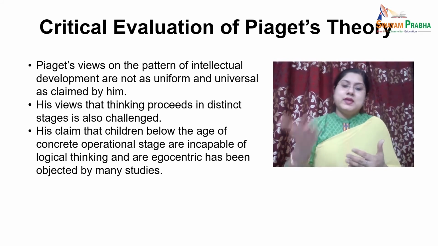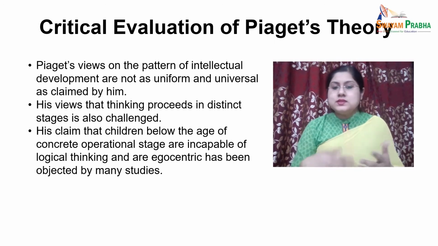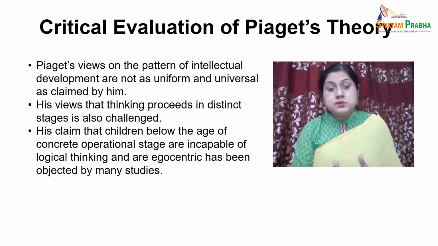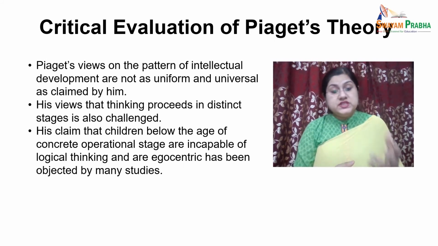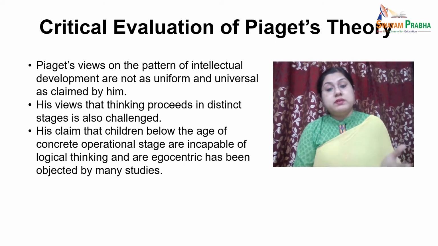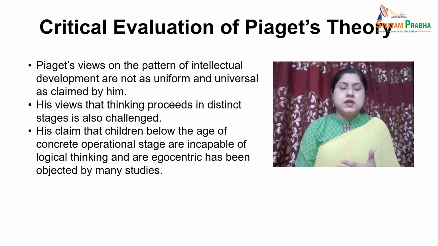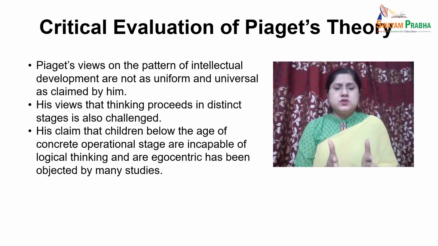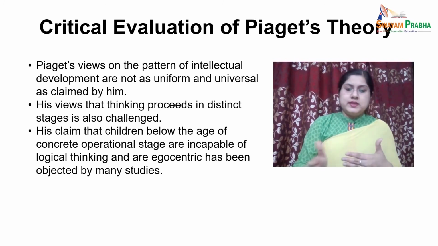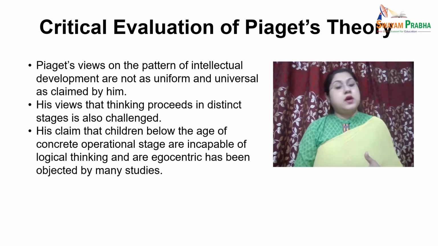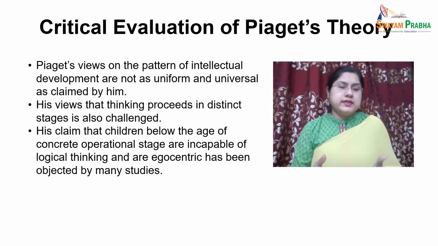So how can we make a generalization? In subsequent researches in Europe and outside, researchers have demonstrated significant deviations from the chronological ages linked with different stages of intellectual development, which were given by Piaget. So people say that whatever is given by Piaget is based on a narrow sample. He has not seen these consequences outside Europe. So this is the first critique. Then the next thing